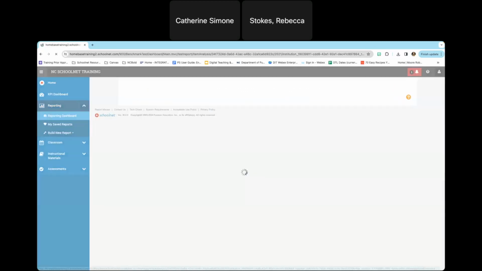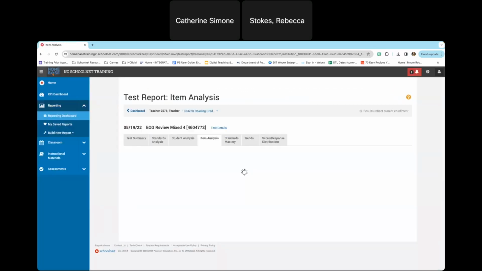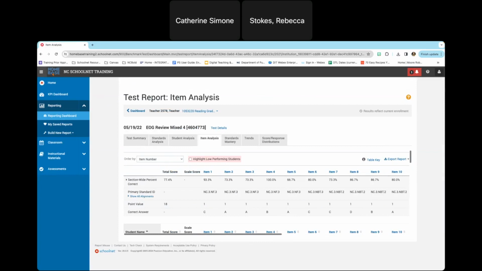Let me go back. Yes, it's 412. I just want to start with that. And then I was thinking that you could go maybe to Renee's comment on this test and just show everyone how you could capture the individual questions. We could either do it in the screen in the TestNav browser, or you could actually print the test from Schoolnet,